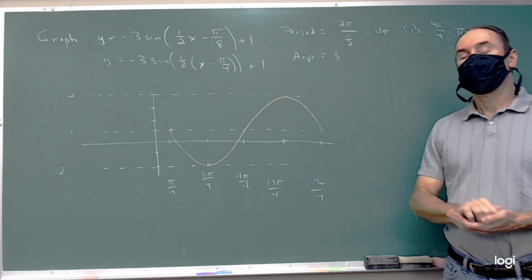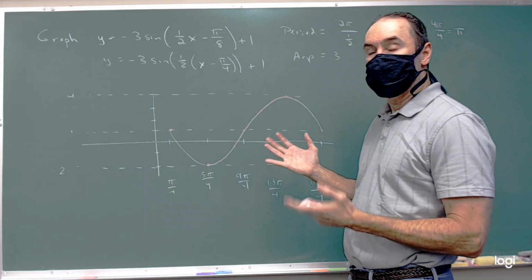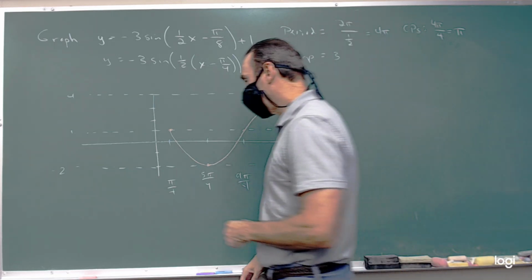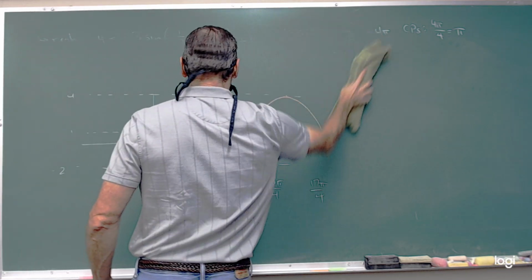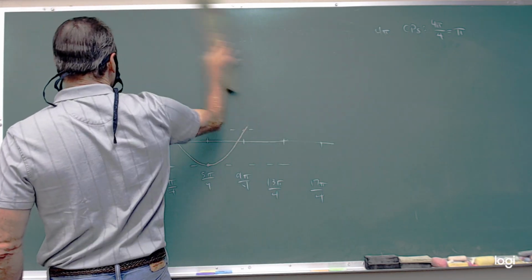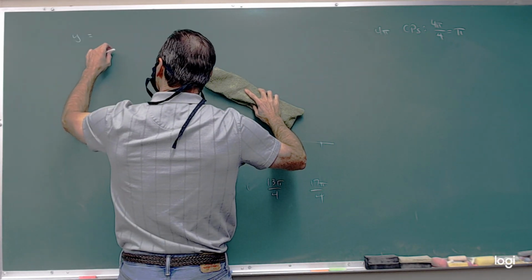So we ready to do one at the board then? So I'm going to give you a cosine curve, and I'm going to change it up, but I'm still going to make it be one that you got to factor here. So let's see if we can graph. And I still want to know the period and the amplitude. So let's do y equals, we'll say,